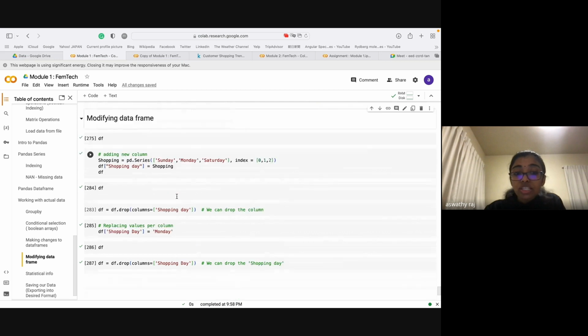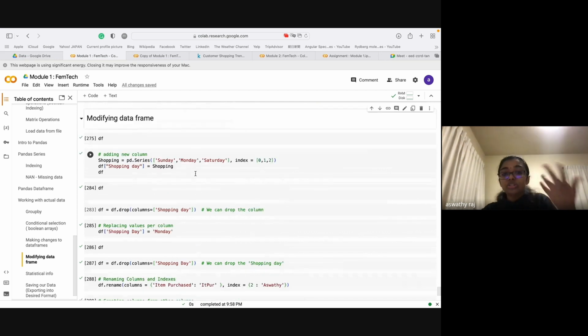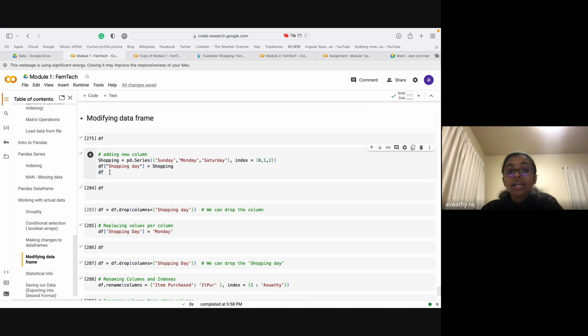You can also modify the data. That means you can add a new column. So I'm defining shopping as a series: Sunday, Monday, Saturday, with index 0, 1, 2. And I'm adding it like df of shopping day is equal to shopping, because this is a new column and that column is named shopping. This is the series. So if I add this to my data frame,